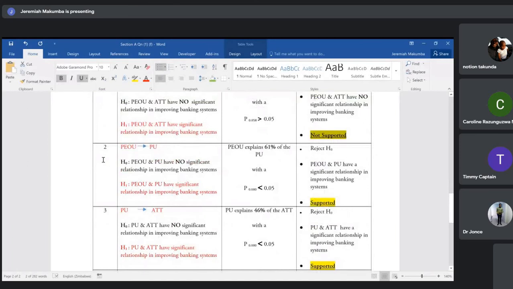Then under row number 2, where we're talking of PEOU's relationship with PU, we say it's supported. What is being supported here? We are rejecting H naught and concluding that PEOU and PU have a significant relationship in improving the banking system. Why? Because PEOU explains 61%